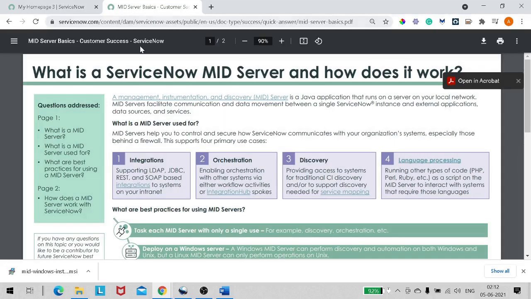So I have a doc with me. It's a ServiceNow doc. So what does it state? What is the MID Server? The full form of MID Server is Management, Instrumentation, and Discovery. The MID Server is a Java application that runs on a server on your local network. It facilitates communication and data movement between a single ServiceNow instance and external applications, data sources, and services. So basically, in simple words, we will not go with the bookish language. The MID Server, you can say, is like